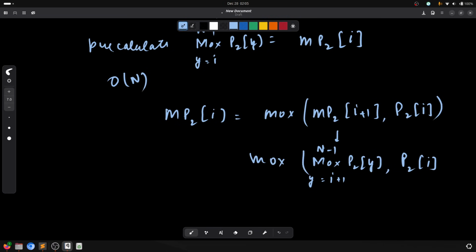So taking this max would give me this value. Since this is an O of 1 relation, this whole mp2 array can be calculated in O of n,